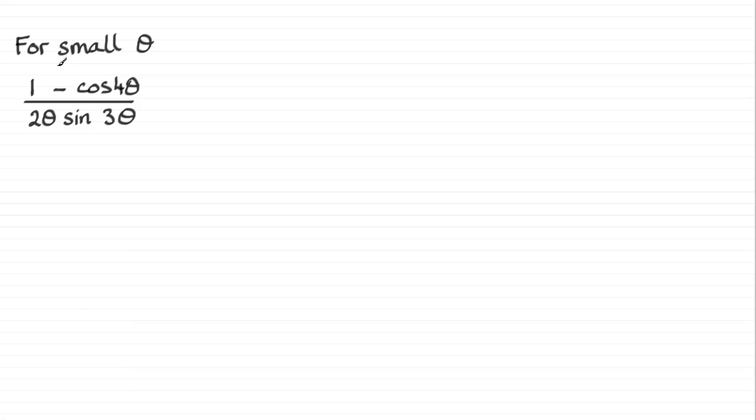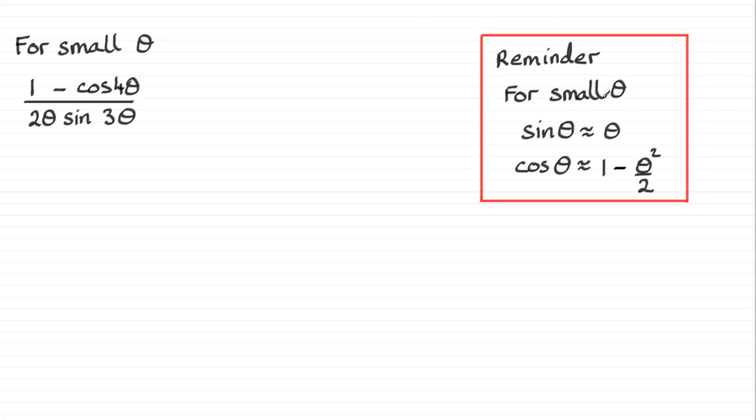So for this question then, we're given this expression here and asked to approximate it for small values of theta, where theta is measured in radians. Now you should be familiar with this result, that for small values of theta, when theta is measured in radians, sine theta is approximately the same as theta, and cosine theta is approximately the same as 1 minus theta squared